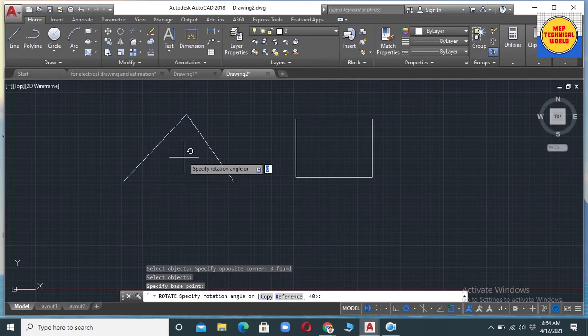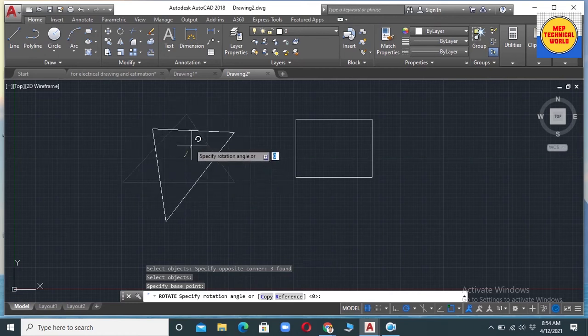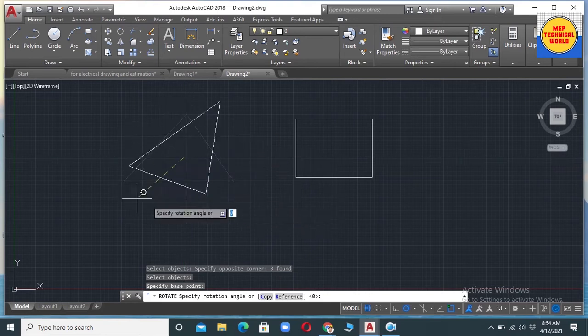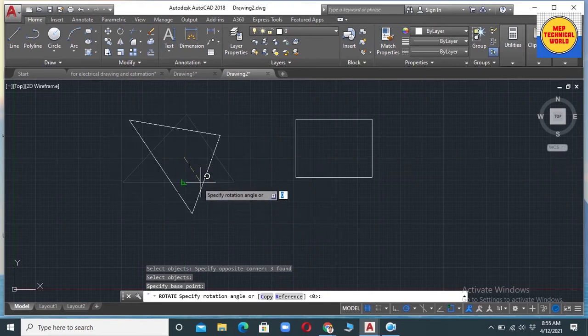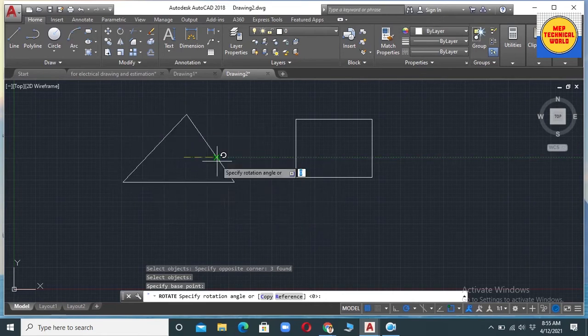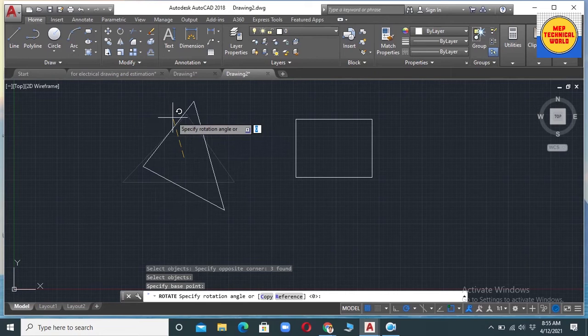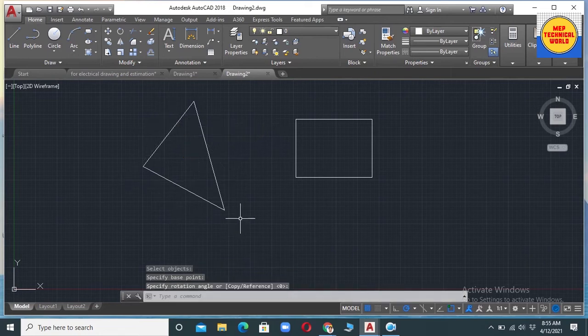Now we can rotate the object clockwise or anti-clockwise. Suppose I want to rotate this object towards this side, so now let's click. Finally our object is rotated towards this side. So in this way we can use the rotate command to rotate the object.